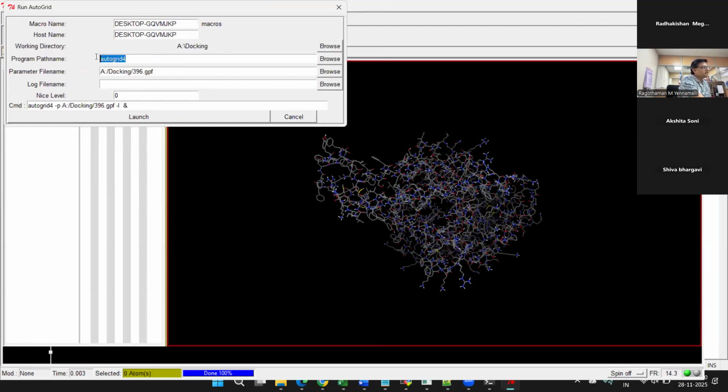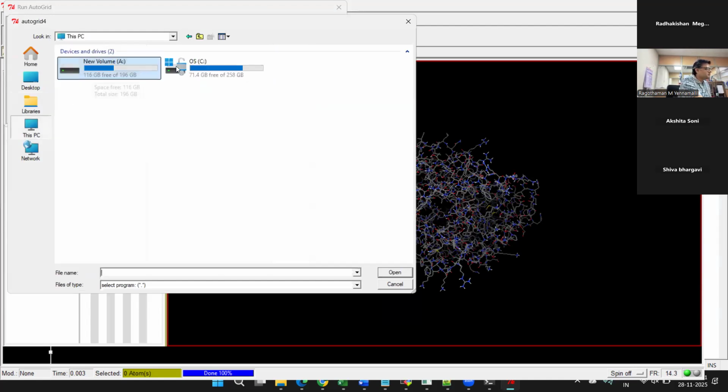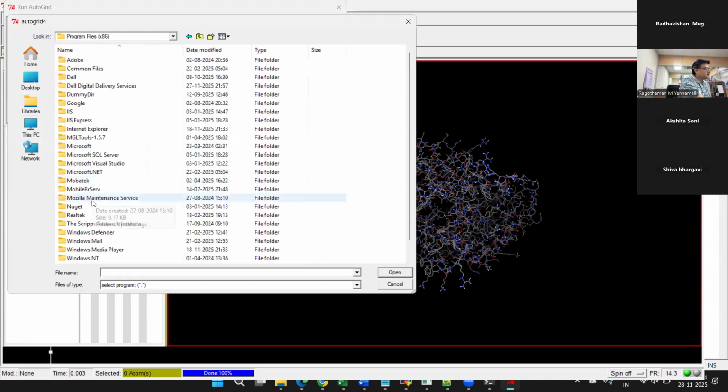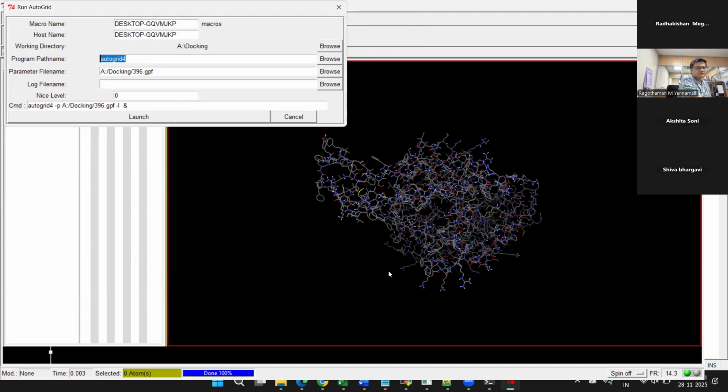Now it will look for this particular executable. This is the executable that will run AutoGrid. So that will be present not in your folder, but in the installation folder. So you have to go to your PC, to the C drive, and then the Scripps Research Institute, AutoDock, and then you have this executable application, AutoGrid 4. So when you select AutoGrid 4,